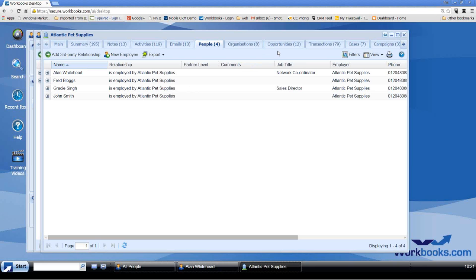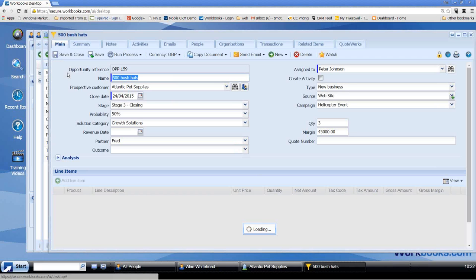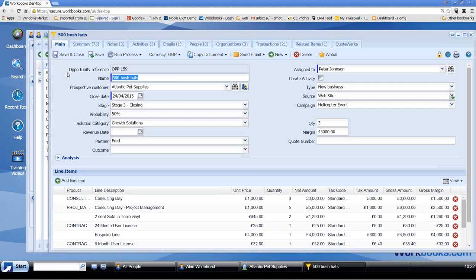So what inquiries have we had with this company, or what inquiries have we got on the go right now? Well, they're called opportunities. We've got 12 of those, and there they are there, row by row, all of those different opportunities, and we can dive into any of these opportunities here and have a little drill down to see more information about this opportunity.